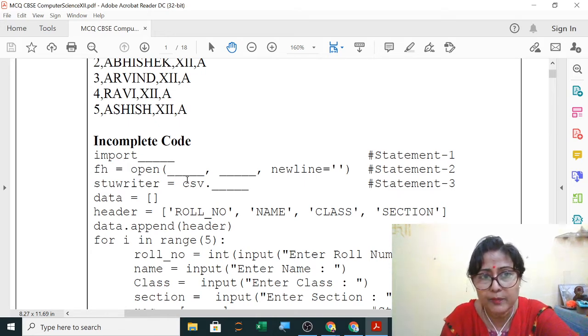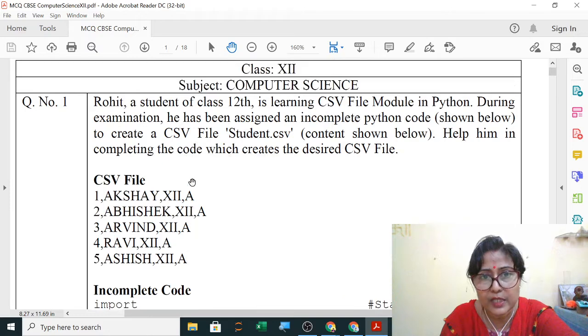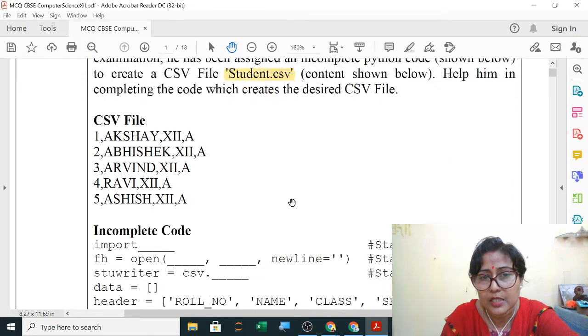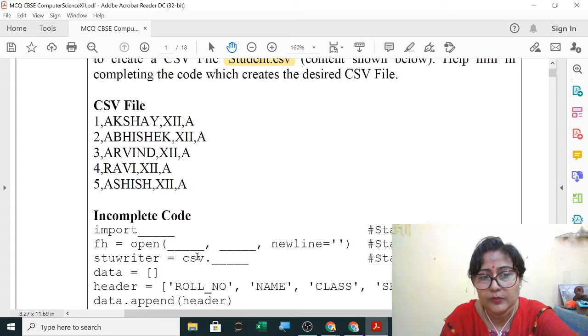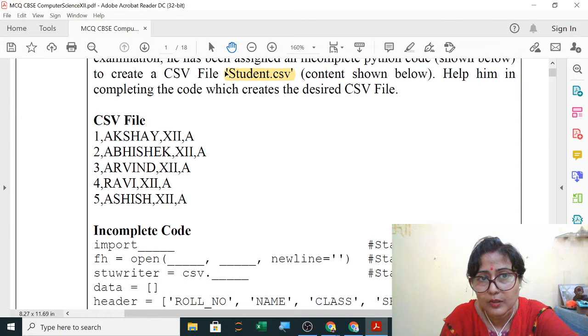The second line: the name of the file given here is student.csv. You can see here the name of the file is this. So second line, tell me statement 2. fh equals open. The first argument will be the name of the file. In single quotes you will write student.csv.